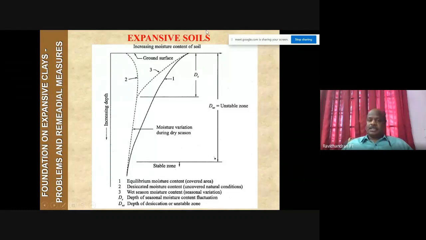While considering all the cases, the water table varies up to a certain extent, up to the stable zone. Above the stable zone, considering all the cases, there are fluctuations in the water table, so the problem is above the stable zone. That is why it is called the unstable zone. If we place the foundation in the unstable zone, we need to take more care. If we place the foundation below the stable zone, no problem occurs. However, over the foundation, the elements which are to be